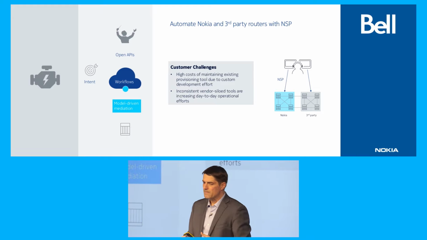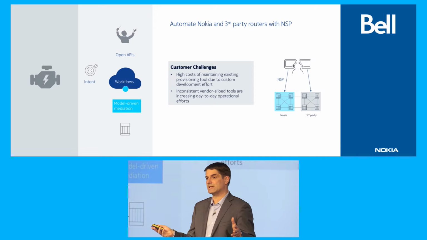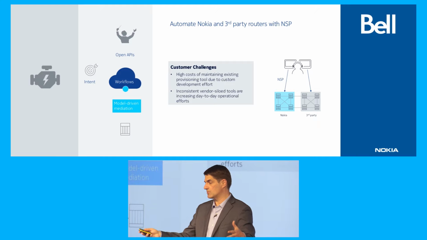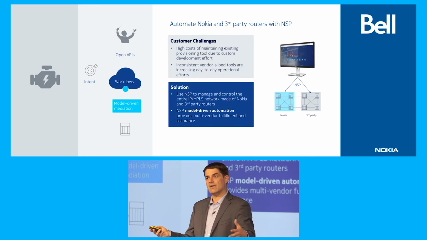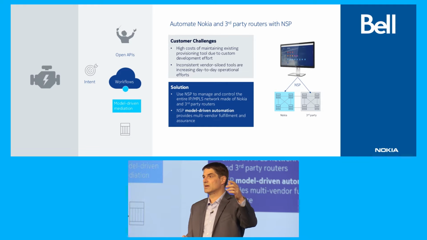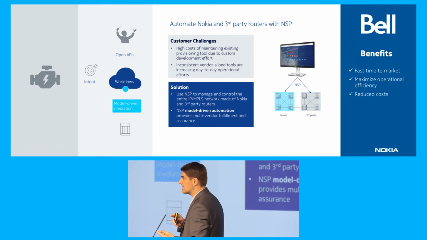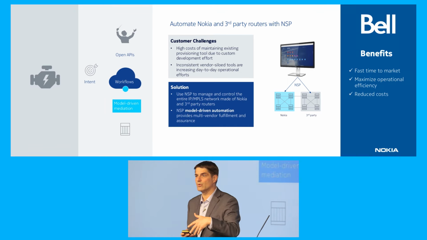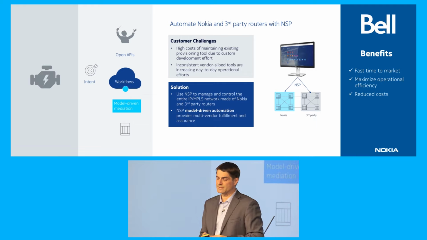And in the Bell Canada example, they had a challenge. They had NSP managing a Nokia part, and then they had CLI managing Juniper boxes. And the simplest thing that they needed to do was extend the NSP capabilities to cover Juniper and other boxes. And with that helped them not only operationally save and simplify their operations, but also remove the pieces of software that they've built custom just to bridge those vendor silos. So with that, using NSP, they get simpler operations. They get single service fulfillment API and the GUI that they're using now across multiple vendors. And obviously, tremendous time savings.